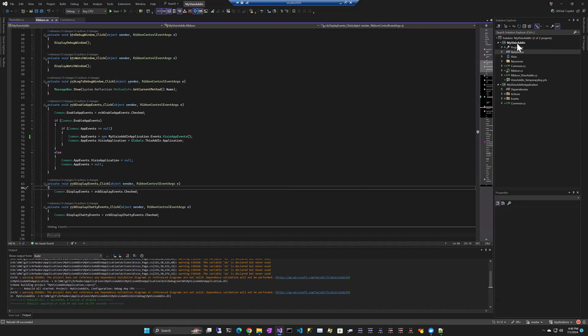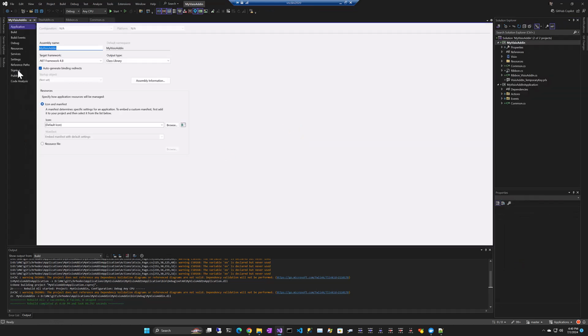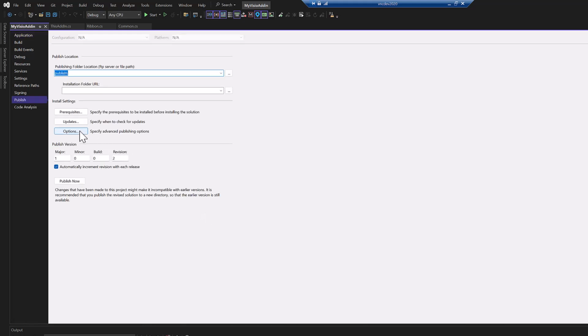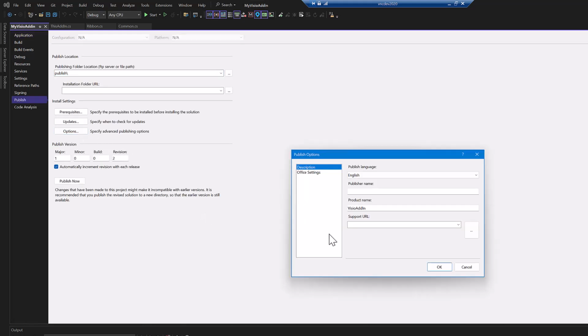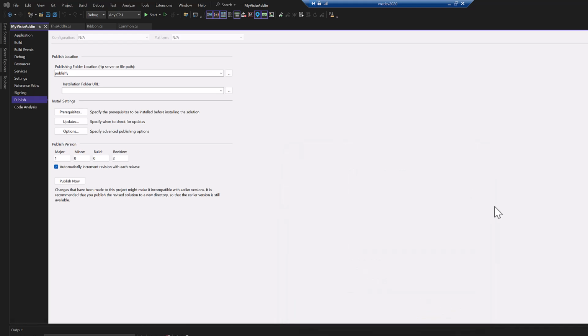Let's go look at a couple other things real quick. Let's go to Properties, come down to where we're going to publish the VSTO add-in, go into Options. Oh, it's not called VSTO add-in anymore. It's called My VSTO add-in. And I think, yep, there's another place in Office Settings, My VSTO add-in. Okay, so now if we run it,